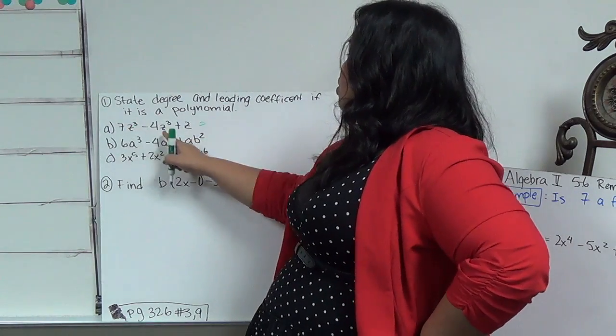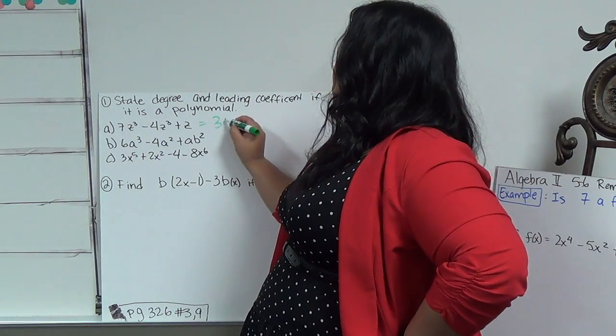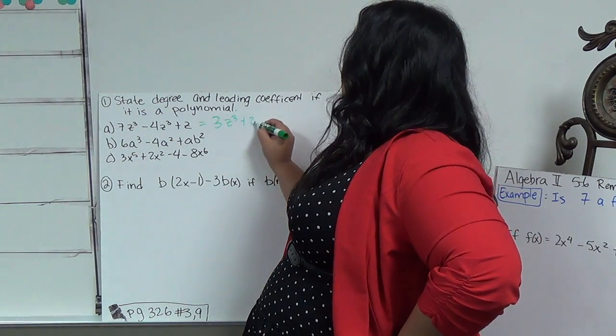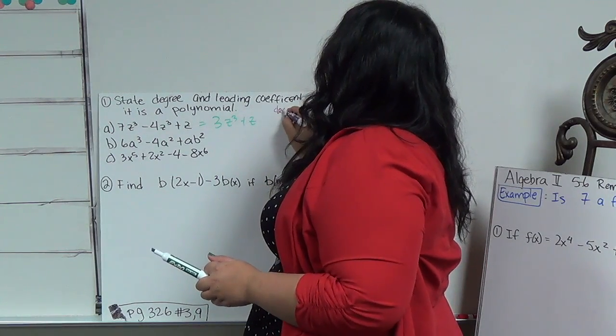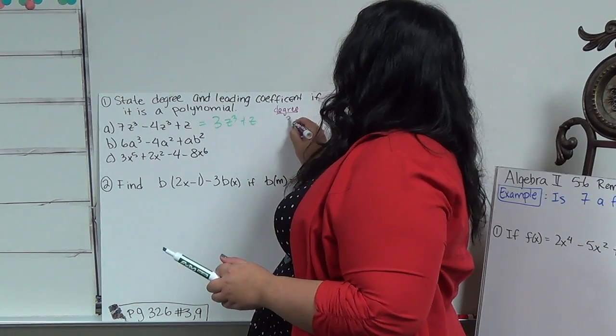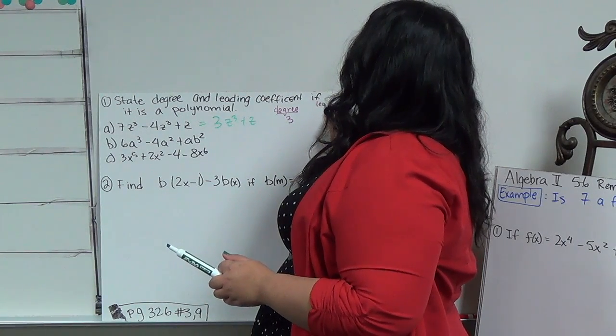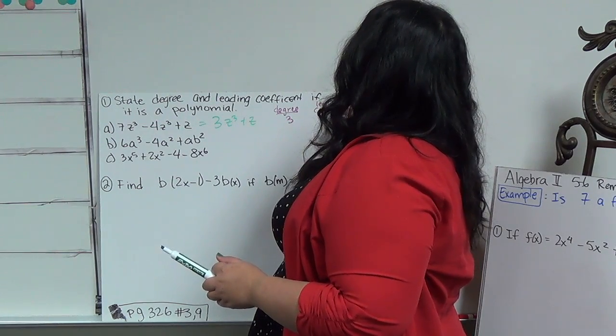I'm going to actually do the math on that one because these are like terms. So I end up with 3z cubed plus z. So that means our degree is 3 and our leading coefficient